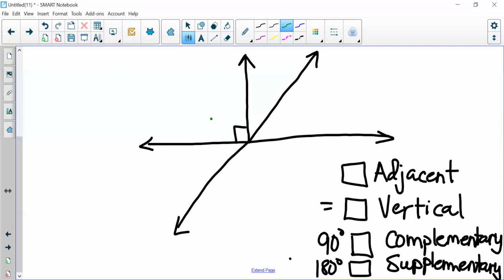Okay. This angle has a measure of 90 degrees. It is also a complementary angle. Please recall,